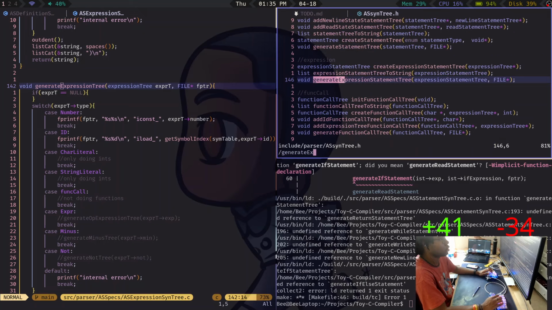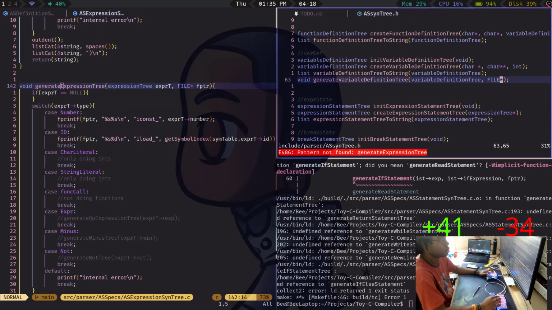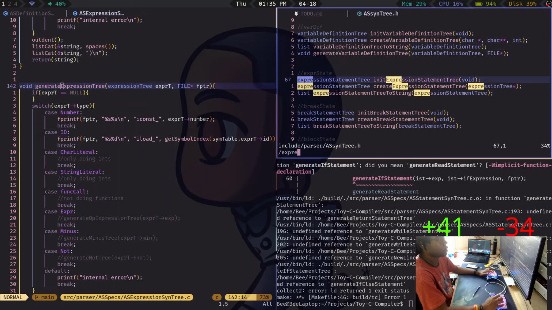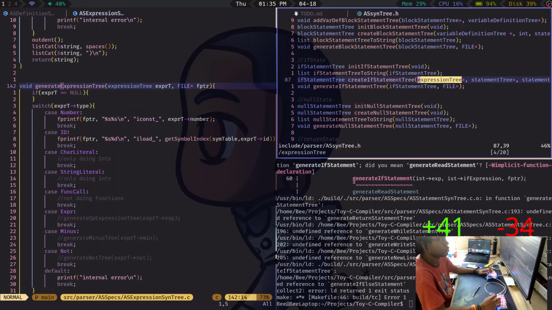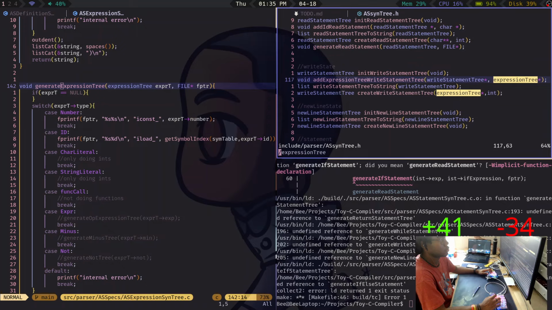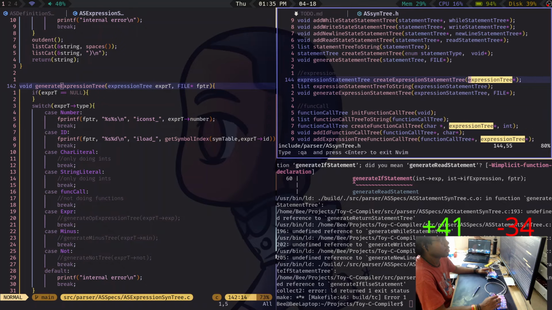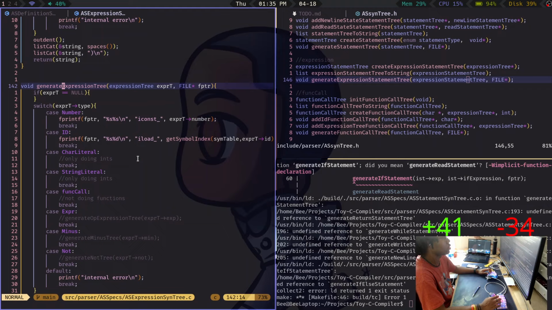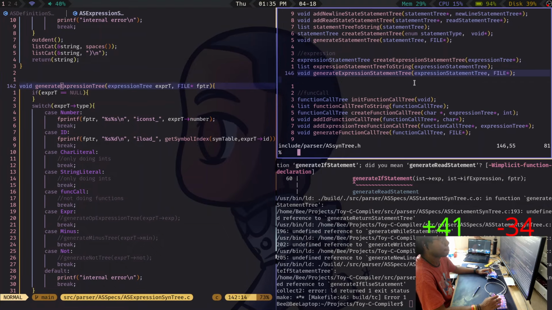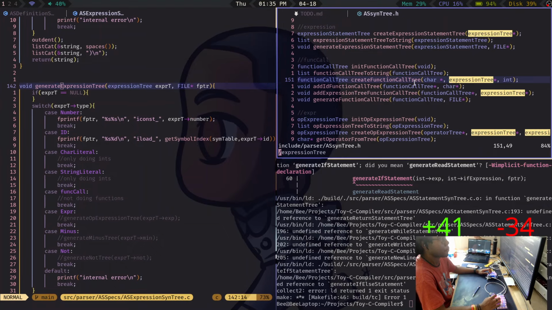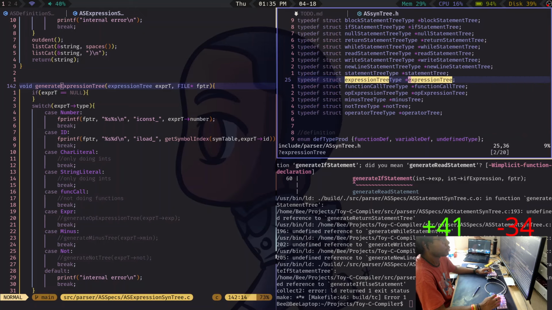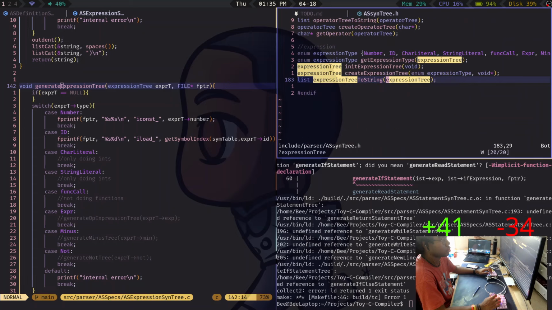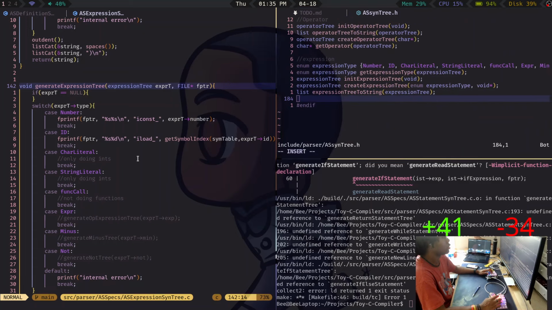Generates expression tree. Nope. Expression. Oh, right, because I didn't finish it. So, op expression. Where's the actual expression? There it is.